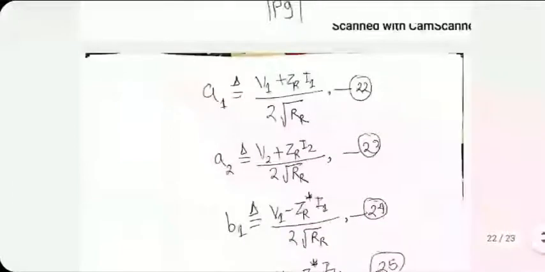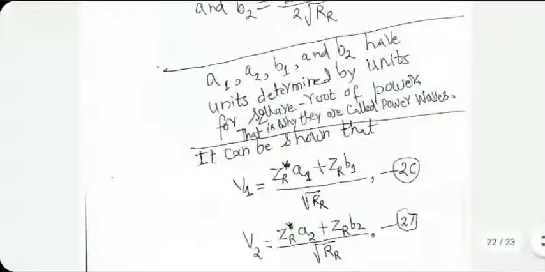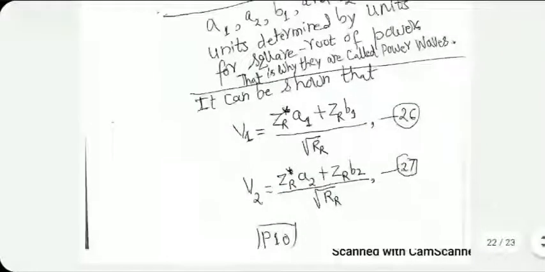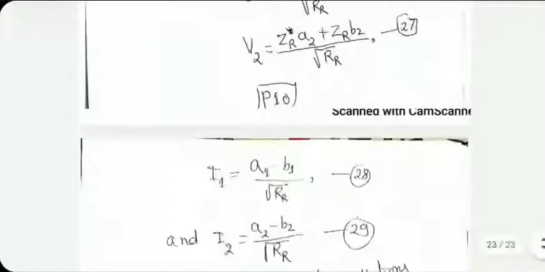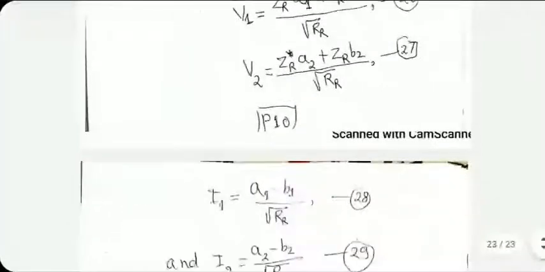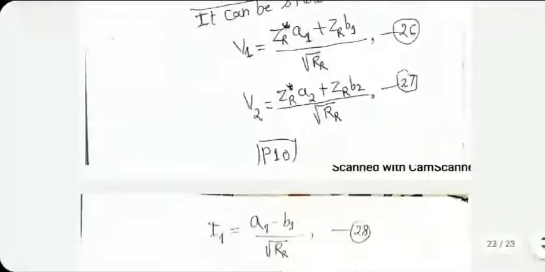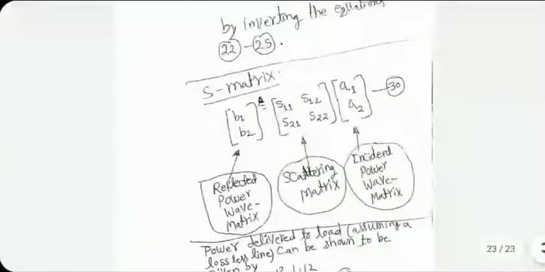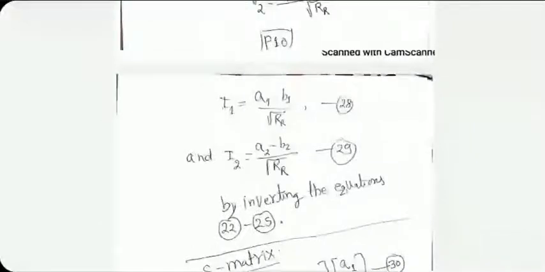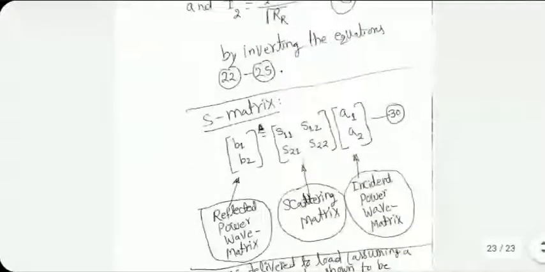Based on that, it can be shown that V1 and V2 and I1 and I2 can be expressed in terms of a1, a2, b1 and b2. It's basically solving the equations in the reverse order. And after we do all that, we are able to connect back to the formulation that we did in voltage domain and convert it into equivalent a-b domain.